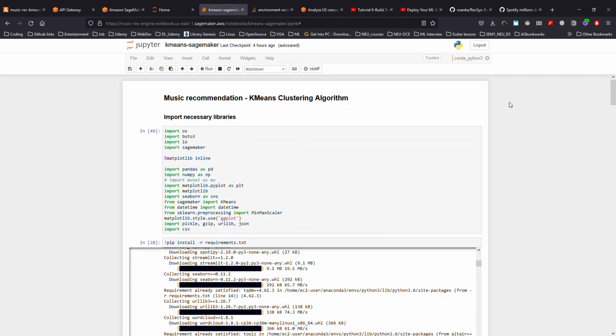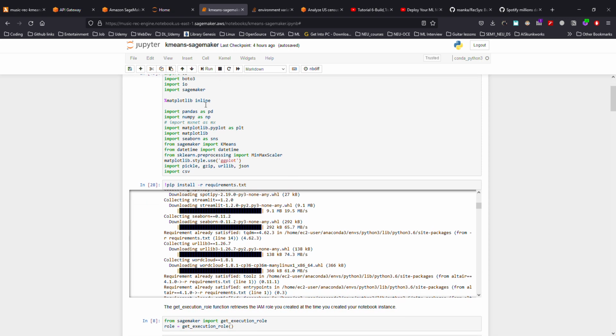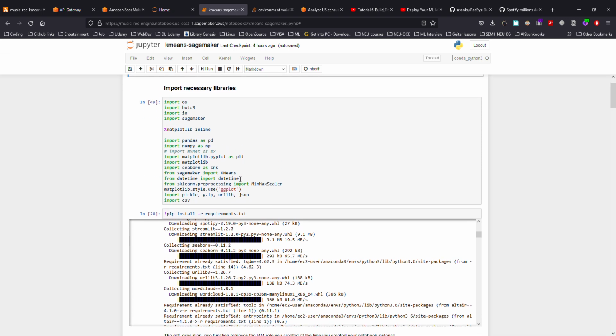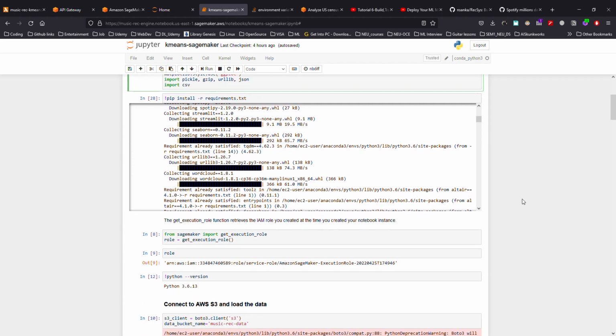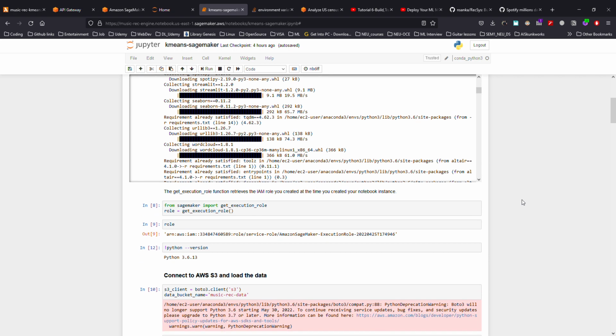I'm basically using this as a clustering algorithm to do recommendations. So we start with importing the necessary libraries and importing SageMaker as well, using the inbuilt k-means method here. We'll be training it with different values of k. Ideally it would range from 10, 15 or 17. In my case it's coming to 17, which is giving good results apparently.